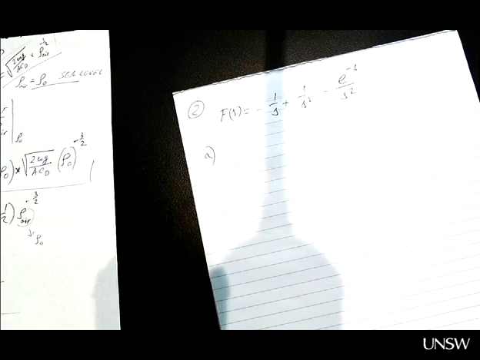Here is the final value theorem. Here is the initial value theorem. So you don't need f of t. If you have f of s, you can find the initial value and the final value without having to perform inverse Laplace transformation. So just use these 2 expressions. So initial value first,